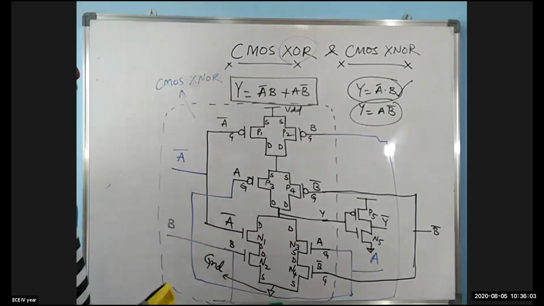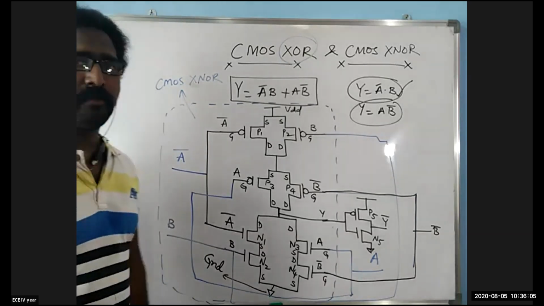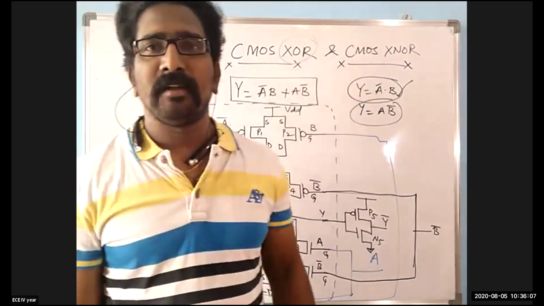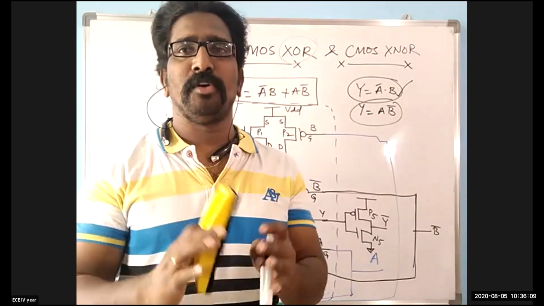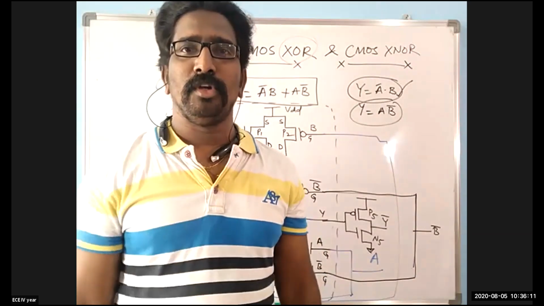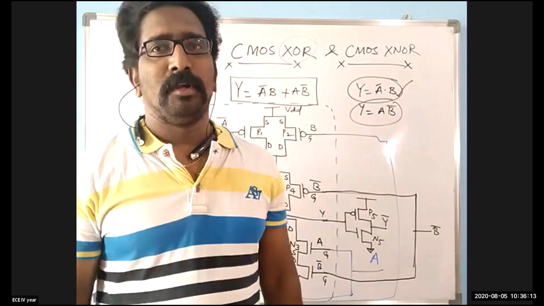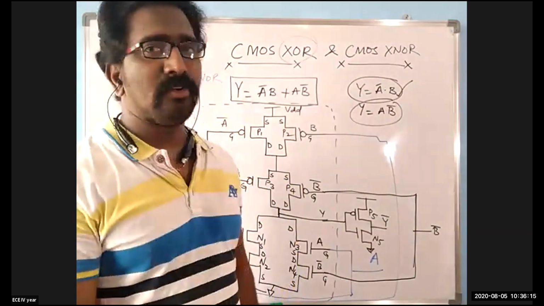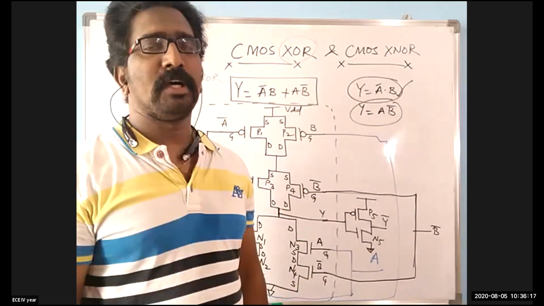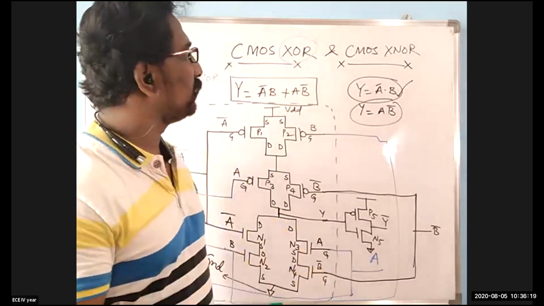Okay, we'll now enter the next kind of Boolean equation. Now we'll try to draw the diagram for the next level of Boolean equation. Up to now, we have drawn the diagram for only two-input Boolean equations. Now we'll try to draw it for three inputs. How is the circuit interacting if there are three inputs?